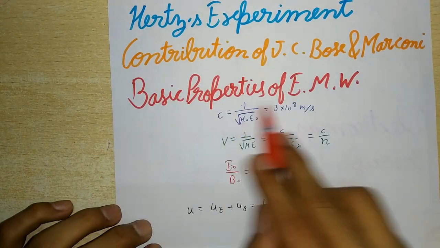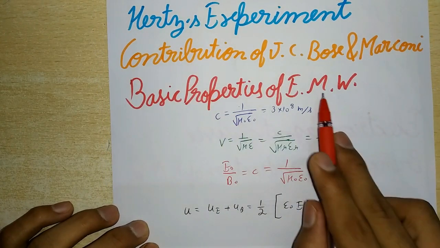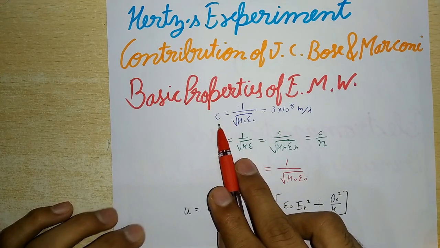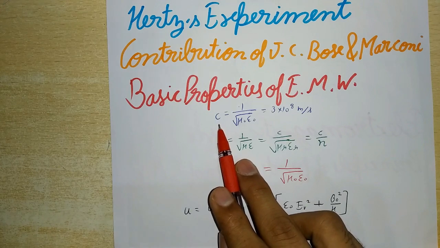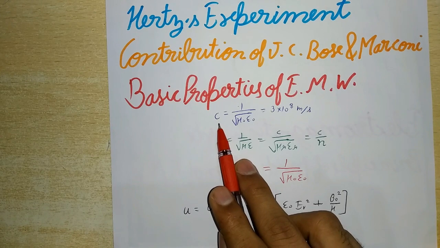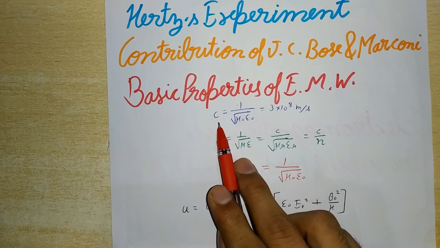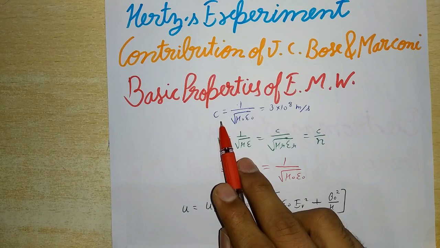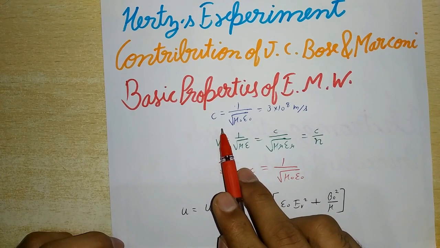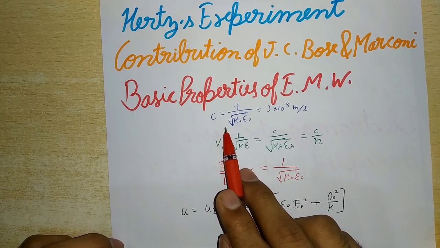Now, basic properties of electromagnetic waves, and this is the most important topic of this chapter. So these are the basic properties. First, electromagnetic waves are produced by accelerated charge and do not require any medium for their propagation. Second, the oscillations of E vector and B vector, like electric and magnetic fields, are perpendicular to each other as well as to the direction of propagation of the wave. So electromagnetic waves are transverse in nature. Third, oscillations of electric and magnetic fields are in the same plane.